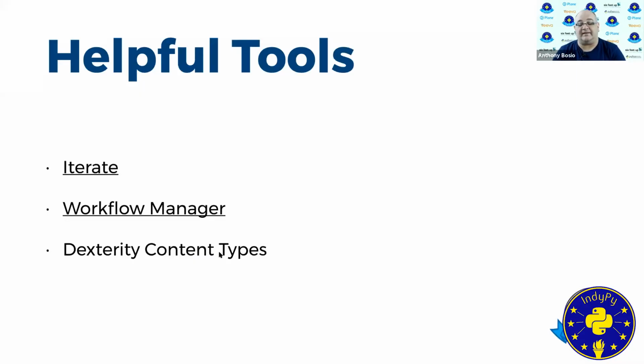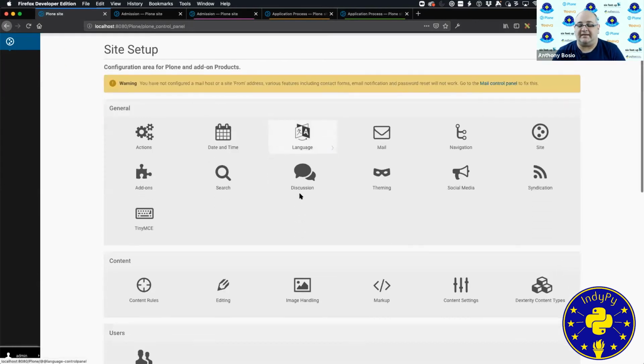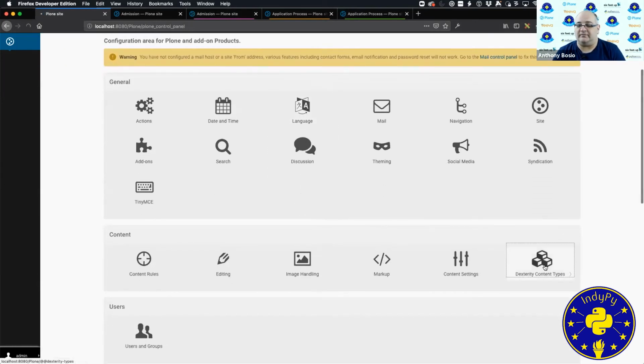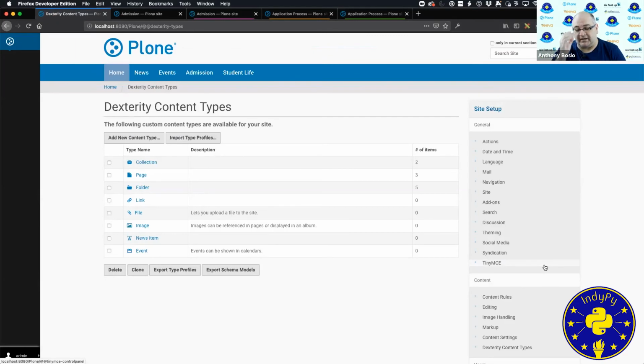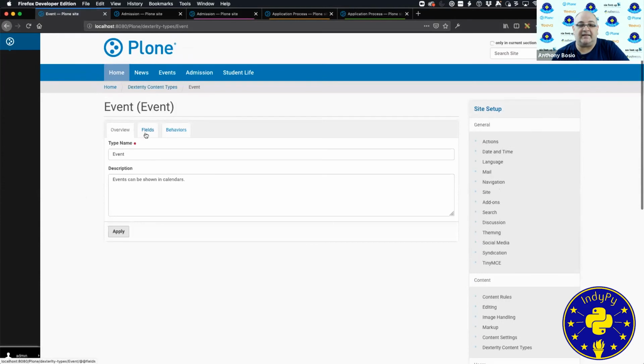And lastly, Dexterity content types. All content types in the most recent versions of Plone use a framework called Dexterity. The most important thing about that is that it lets you manipulate your content types through the web, through this control panel. So here are the basic content types that come with Plone. You can see an event, for instance, has